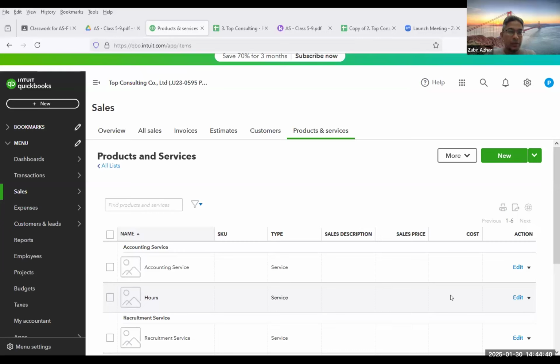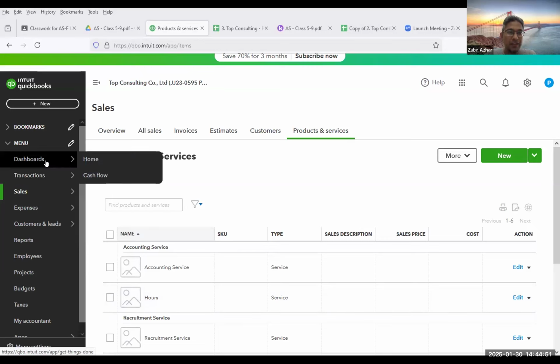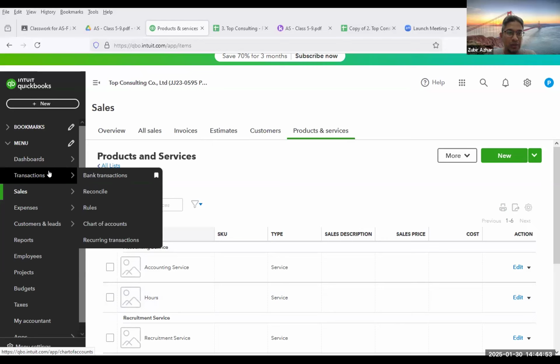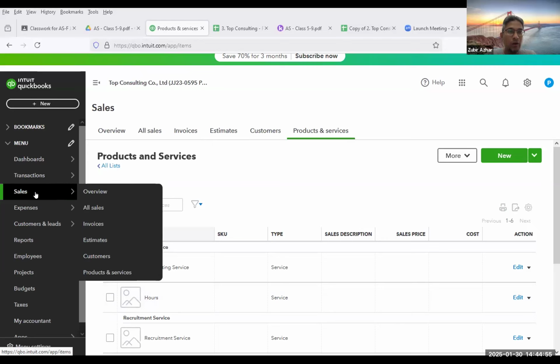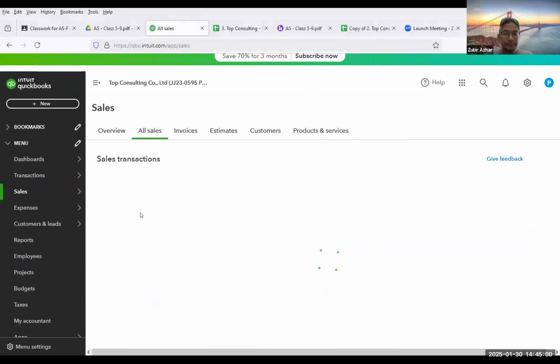Okay, all right. Can I ask all of you to go to left navigation bar? And from left navigation bar, I want you to click on sales and all sales.